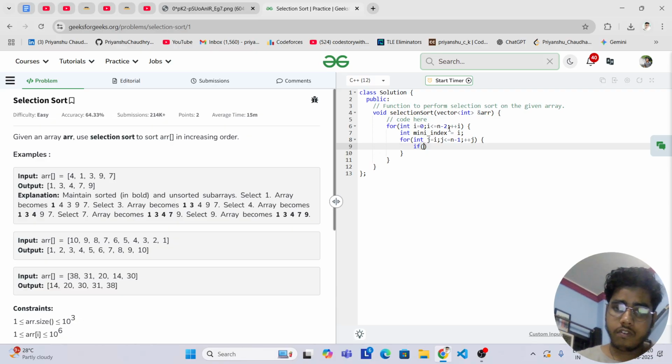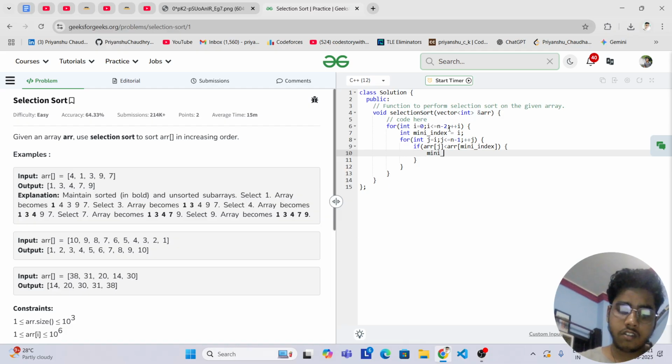Okay, it's j. Now we have to find the minimum. If we find any element array of j which is less than our minimum element, the mini index element, we have to update our mini index, and mini index will be updated with j.